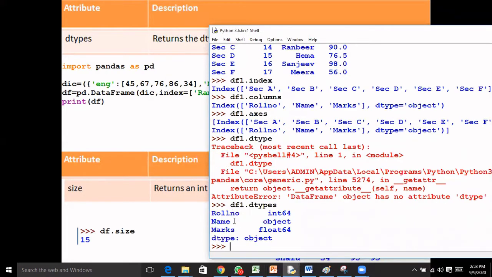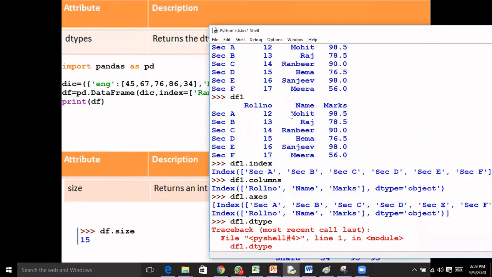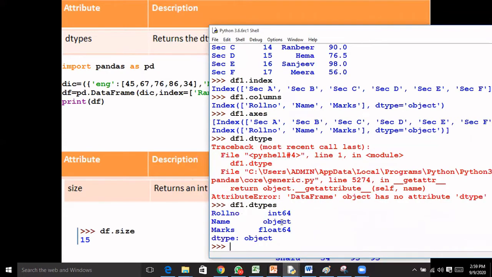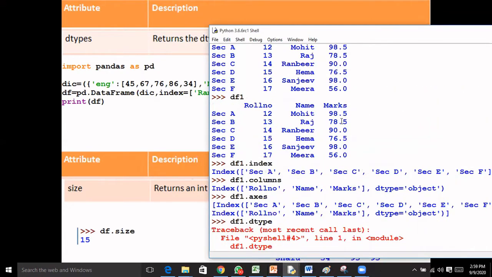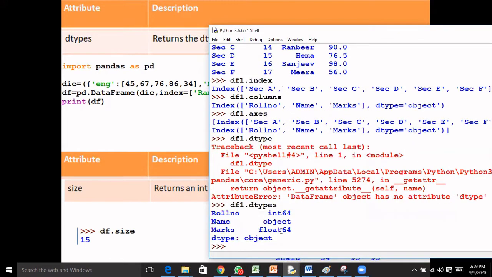You can see roll number has integer data, so it is giving you int. Name has string data, so it is giving you object. And in marks we have float values, so it is giving you float. So it will return the data type of each column, correct?